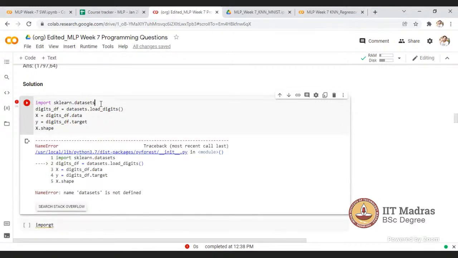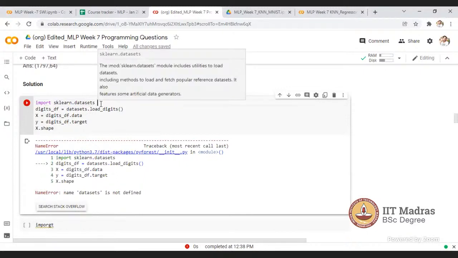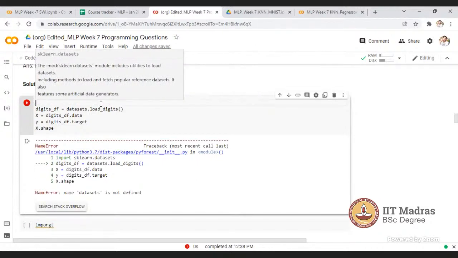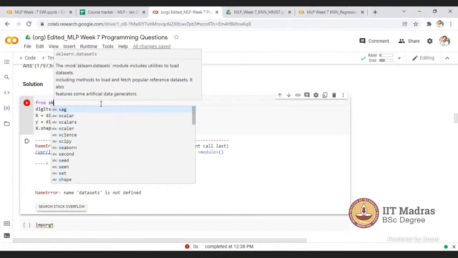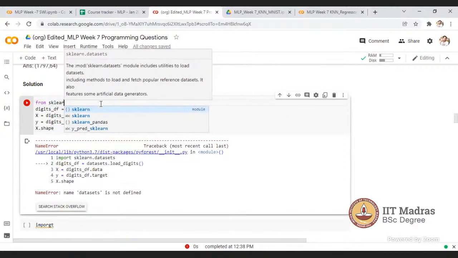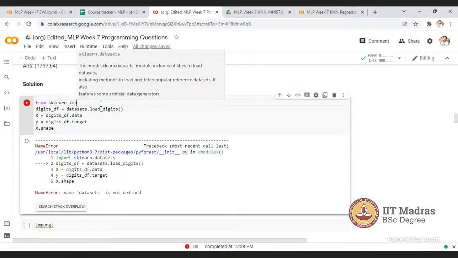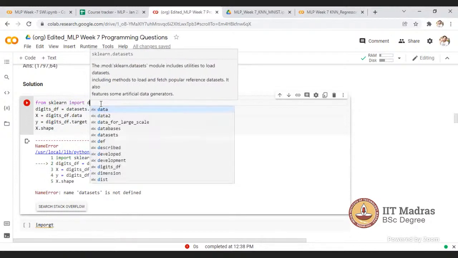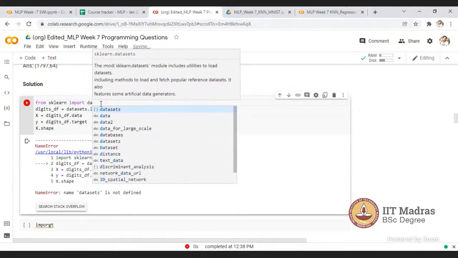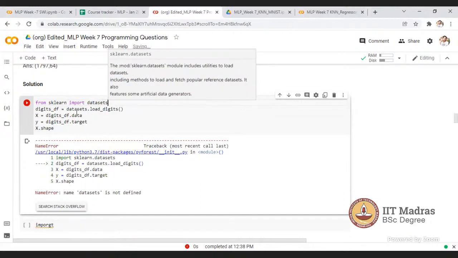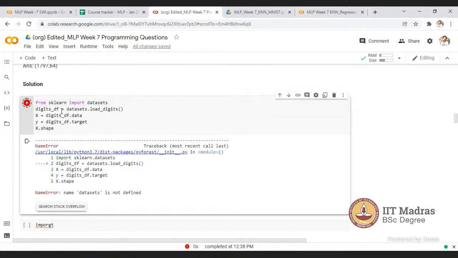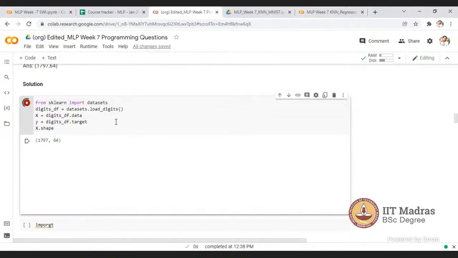What did you just say? From sklearn, the first import, remove that, right? From sklearn.datasets, it will work, actually, because we have used datasets dot load digits.